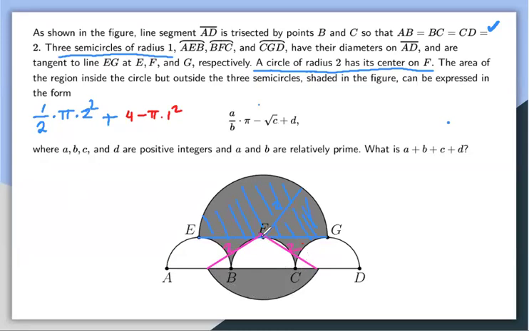So that is 2. Maybe we can drop the altitude, because we are going to need to find the area of this triangle. We also know this is 1 unit because that's the radius of the half circles. And this distance we can find using the Pythagorean theorem, because we know this is 2, this is 1. That means this is actually a 30-60-90 triangle because the ratio is 1 to 2. That means this angle right here should be 30 degrees, this angle should be 60, and this has to be 60 as well. So the sector's central angle is 120, which means, I'm going to write this separately, 1/3, because 120 degrees, times pi times radius squared,